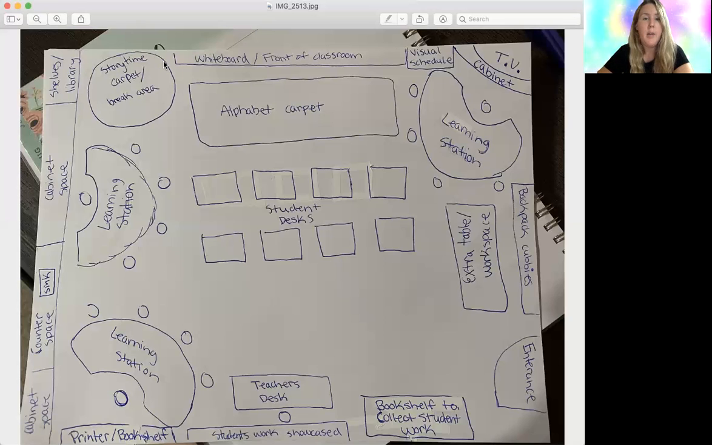And in the corner right here, you're going to see that I have shelves and a library area, and next to that I'm going to have a story time carpet area, and that's also going to be the break area. The reason why I'm having the break area there is because it's a comfortable zone. So I'm going to have pillows and stuffed animals that the kids can hold, so when we're doing story time they can either hold the pillow or hold the stuffed animal